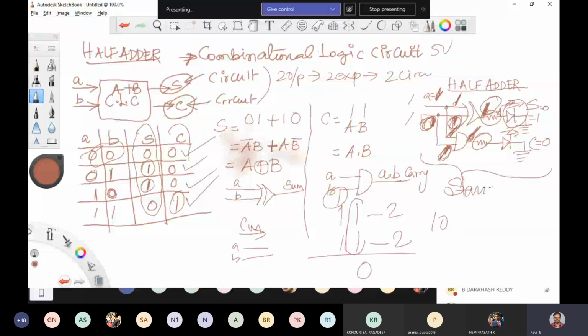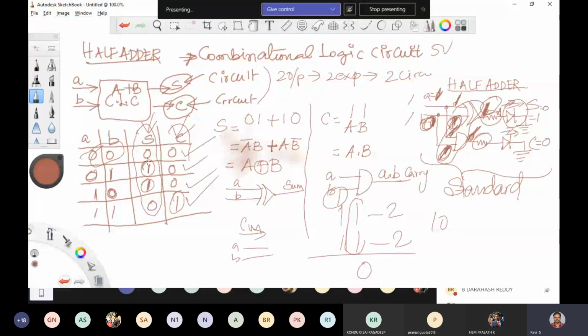The reason is sum is implemented using XOR, carry is implemented using AND. So one XOR and one AND is required for half addition. Could we change those and get a different kind of half adder? No, that is the reason we are deriving it, my dear.